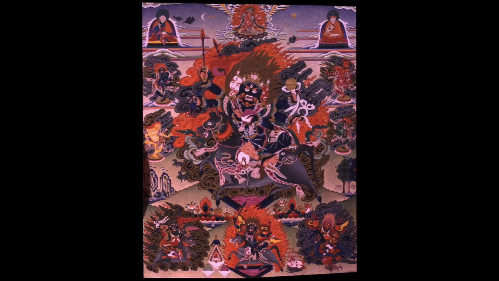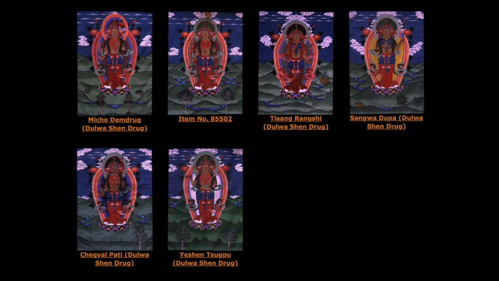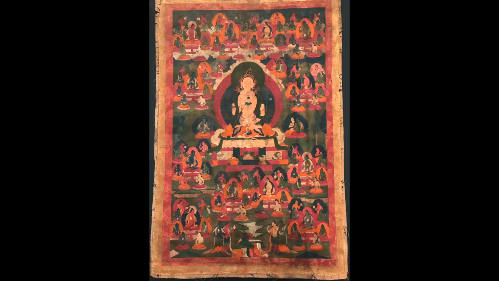Okay, then we have the 6 Sipe Gyalmo manifestations. So this is the main protector of the Bön religion, Sipe Gyalmo, and she has 6 different main manifestations. We have 6 teachers of discipline, and this is another name for the 6 guardians of the 6 realms, the Dulwa Shendruk. Now, for 8, we have the 8 Chama, protecting from the 8 fears. Now, this is, of course, very much following the Tara in Buddhism and the 8 fears, and coming out of Bön Sarma.